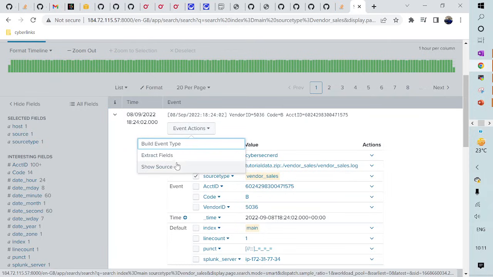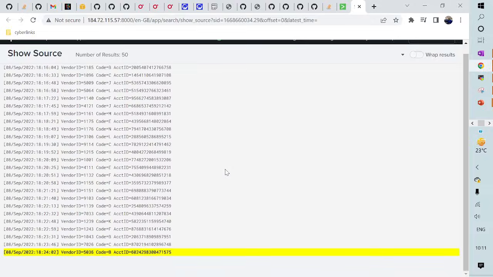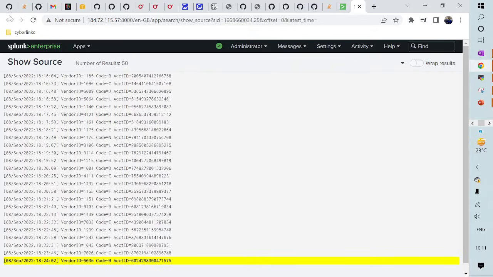If you go to the event actions, for example, some people might be missing this particular thing. If you really want to look at the source of your event, how it looks in the original source, you can click on show source. It will take you back to the original source file where this particular event resides. So here you can see the original event in your log source file. If I go back,